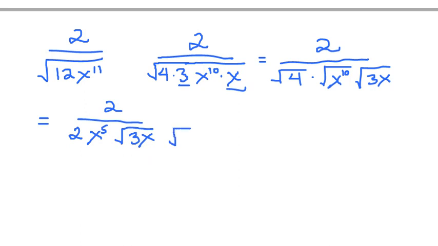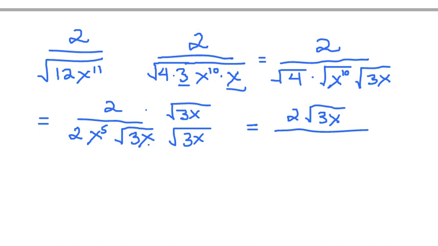We need to get rid of that radical out of there, and so we're going to multiply 3x over 3x. Right, and of course this is multiplication here. So this becomes 2 times the square root of 3x over, and now we have the square root of 3x times the square root of 3x is just going to be 3x. x to the 5th times 3x. Of course we need to clean this up down here. Now look at here, the 2's cancel out. So we're going to end up with square root of 3x